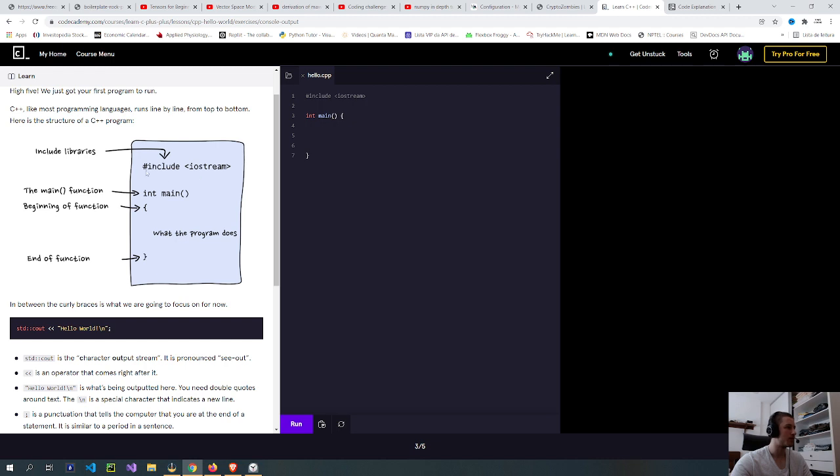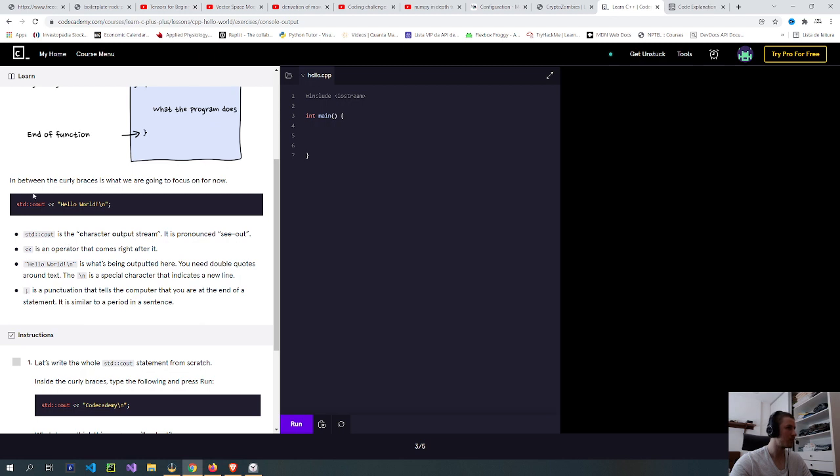Here's the structure of a C++ program. Include libraries. The main function. I'm not sure if this has to be with the hashtag or not. Main function, beginning of function, end of function. Between the curly braces is what we're going to focus on for now. cout is the character output stream.